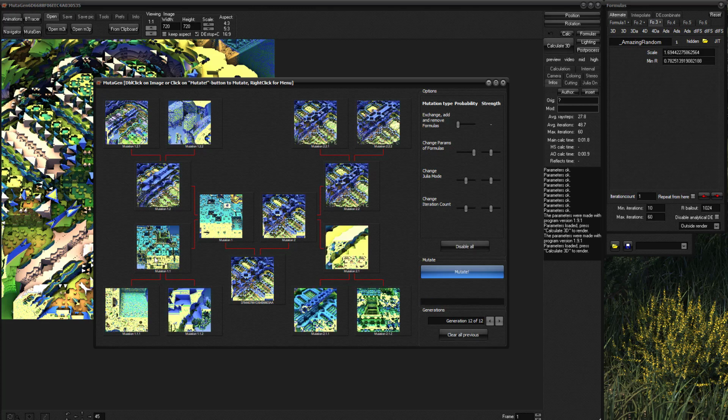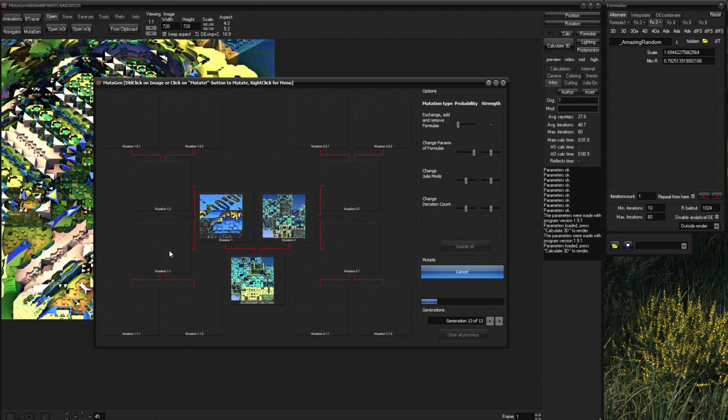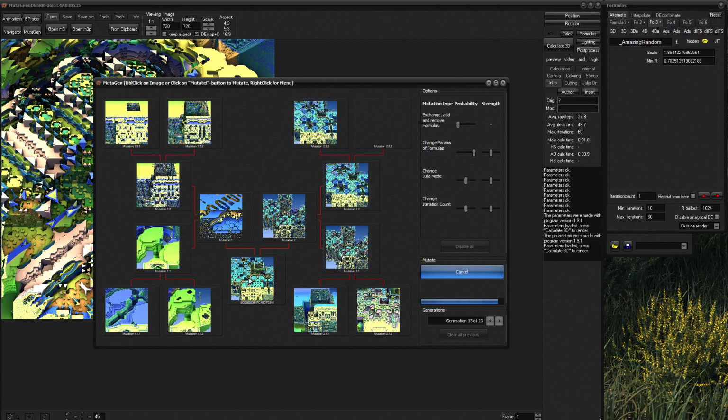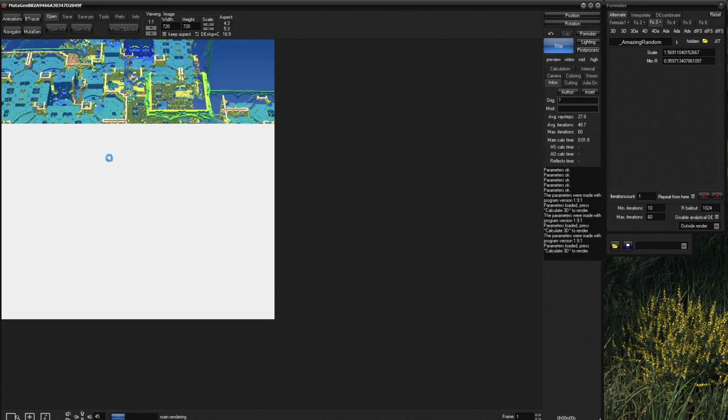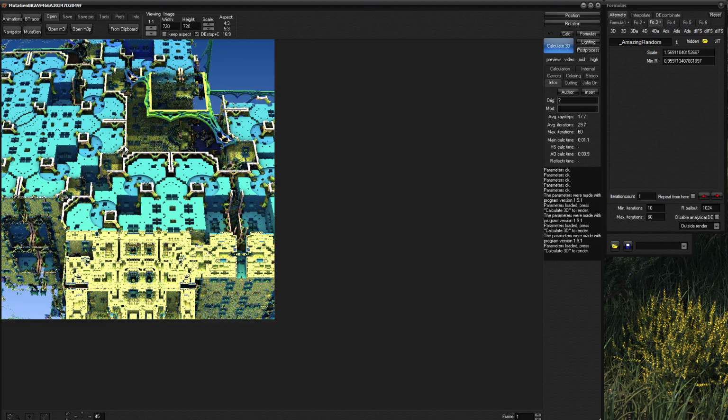So let's say maybe, I don't know, this one. Okay, I'm not going to spend so much time on that. I will take this one, so I send it to the main editor. Calculate. We've got that. Yeah, it's not too bad. You see, it's a big structure as well. It's not the same, but it's okay, I think.